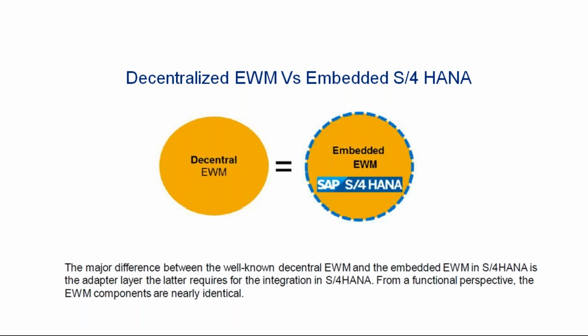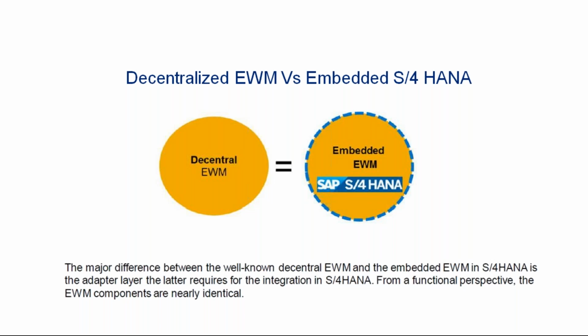Let's say your EWM is connected to how many systems, how many third-party systems, or what is the volume of transactions? Is your warehouse operational 24/7? You don't want your operations to be interrupted. And also other factors such as performance and other things we need to consider. Based on that, we can analyze and come to a conclusion on which version you'd like to use. Is it embedded EWM or a decentralized EWM?